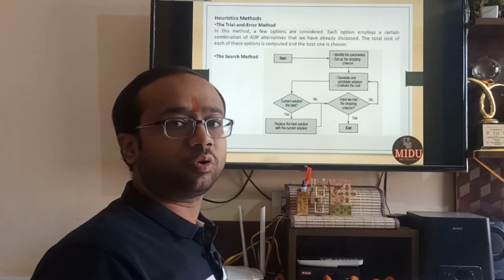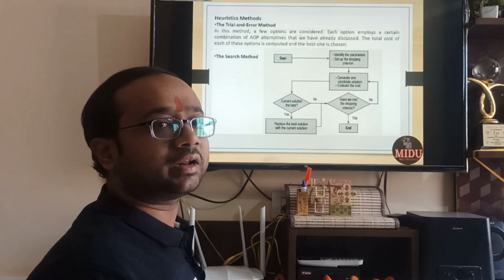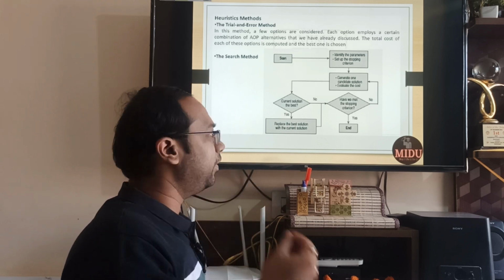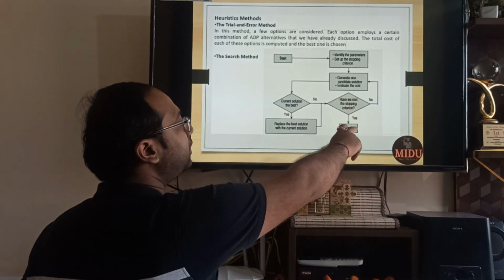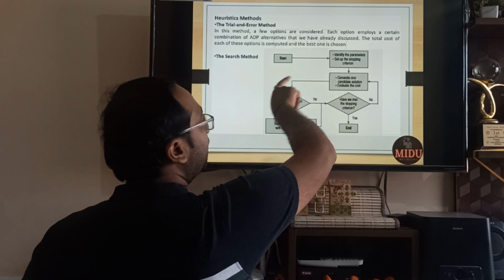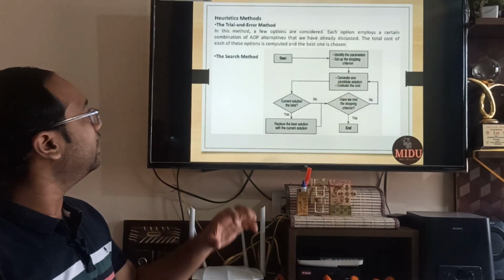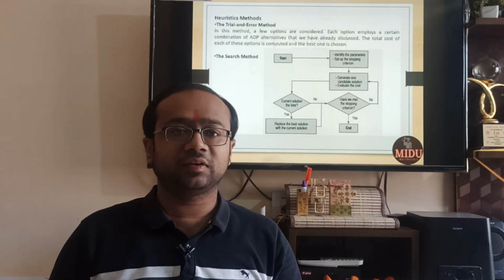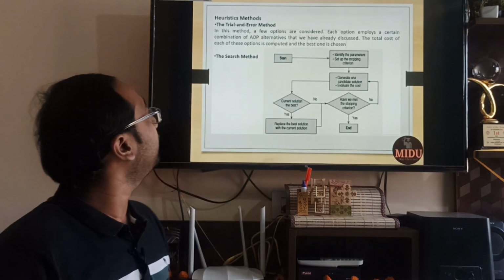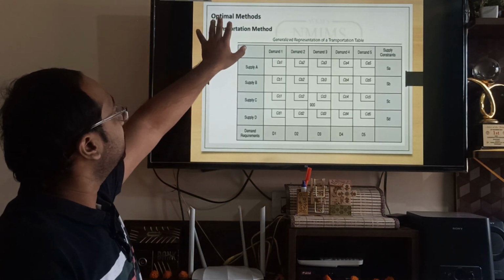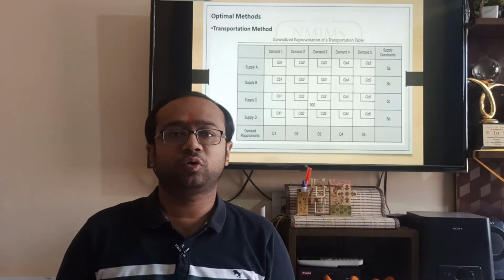Some criteria you would have put. It can be in form of number of unit, it can be number of sales, it can be profitability, whatever. If yes, then you stop. If no, then again you generate the option and evaluate the cost. And this mechanism is basically search method. Second, my dear friends, is known as optimal methods. And in optimal, first method is transportation method.